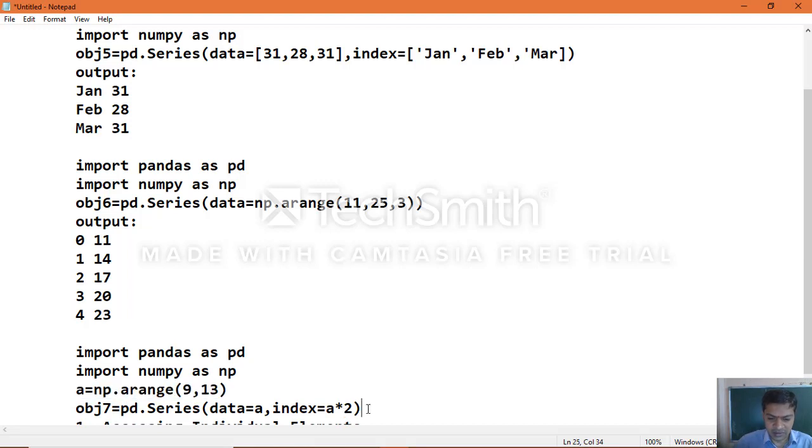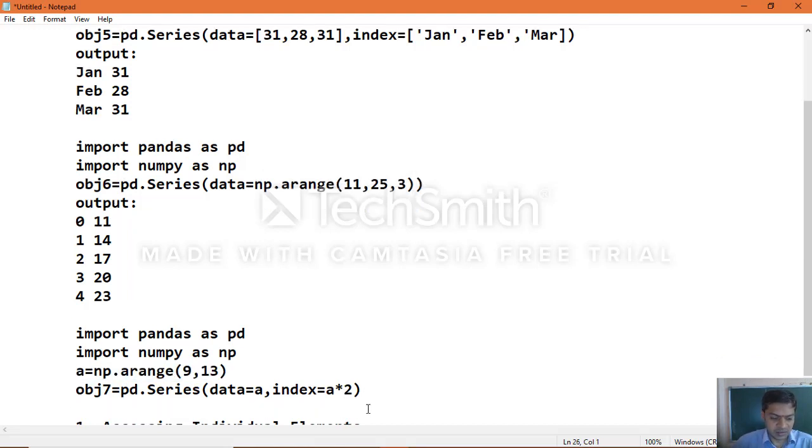Sorry, we made a mistake in the example: index equal to a and then data equal to a into 2. So the data will be multiplied, and the index will be the same, 9, 10, 11, 12.